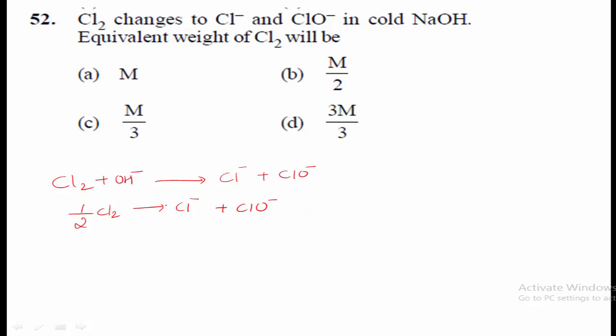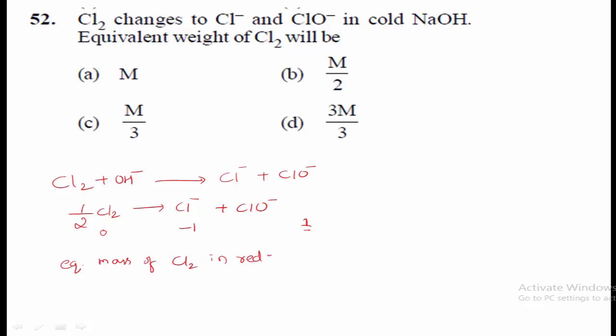Here see the oxidation state. Oxidation state in Cl2 is 0 and here it is -1, and here oxidation change will be 1. Because in Cl here it is 0 initially, but after that the oxidation state becomes -1. So overall its oxidation changes by 1 unit. It may be minus or plus. So 1 oxidation change will be observed. Therefore equivalent weight or equivalent mass of Cl2